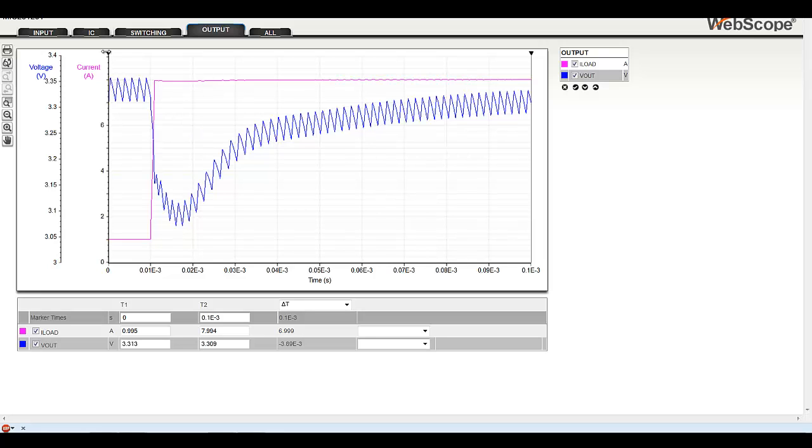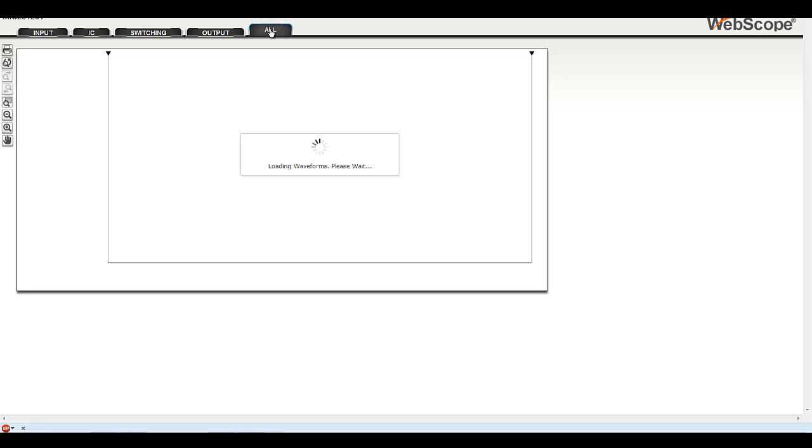You can actually use the cursors here. And I'm looking at the top. I'll take the cursor here, bring it over here, and look at the top. And you can see that we went from 3.342 down to 3.11. This is a very heavy load, 1 to 8 amps. And here within a tenth of a millisecond, you're back up to pretty much where you were with the additional load. I like to go to the output, put all of them on here,